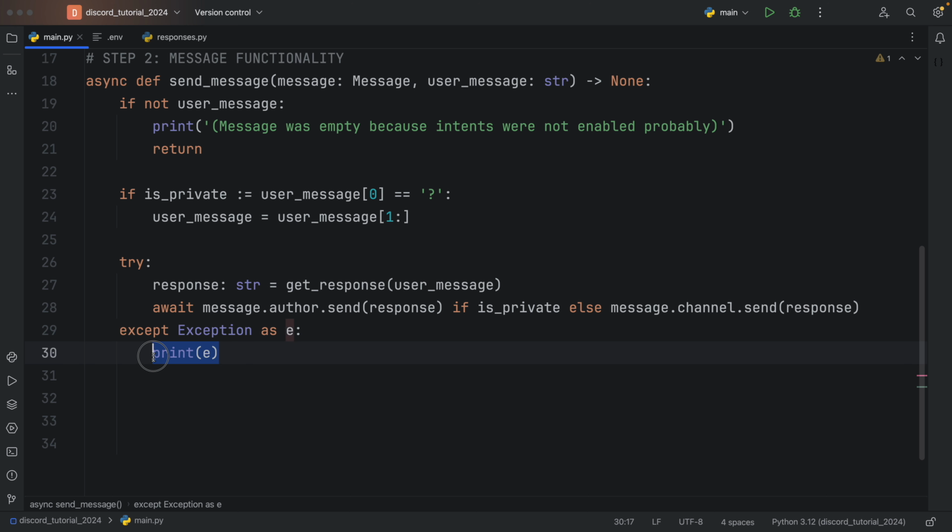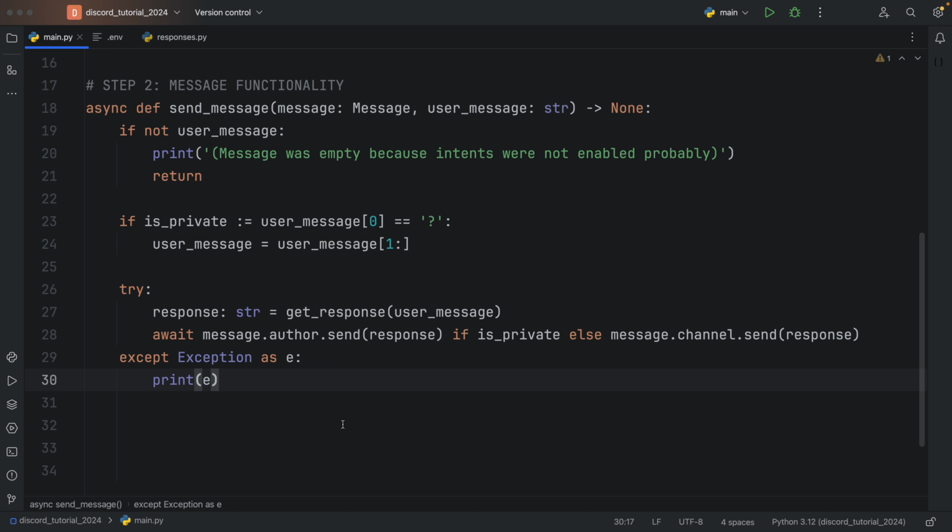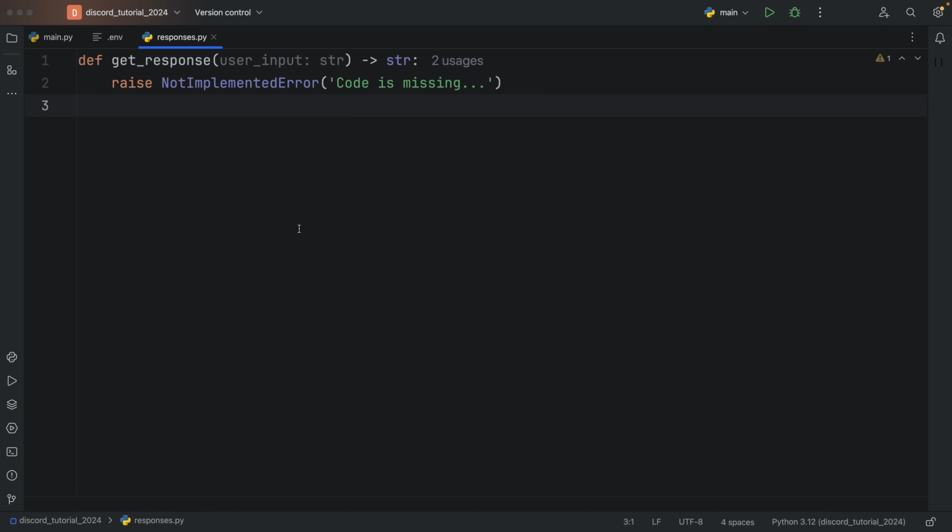And I also recommend, instead of using print everywhere, that you actually use some proper logging. But it is what it is. Let's keep this simple and continue with the tutorial. But now that we are done with step 2, let's go to the responses and take care of that response